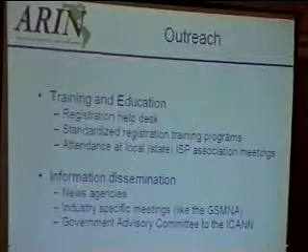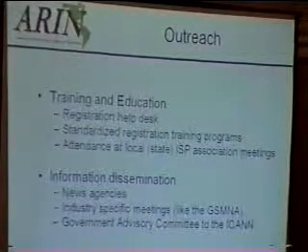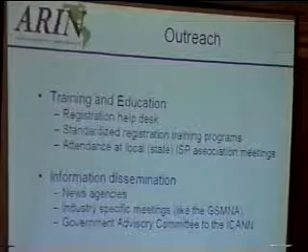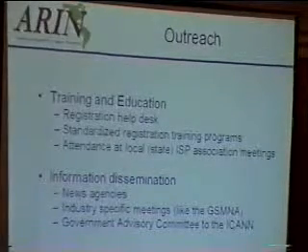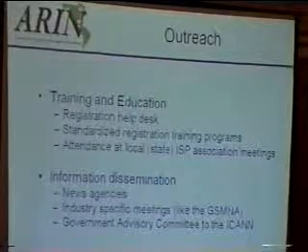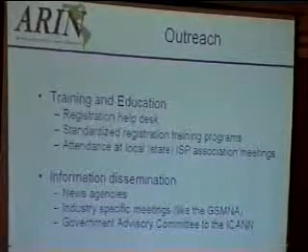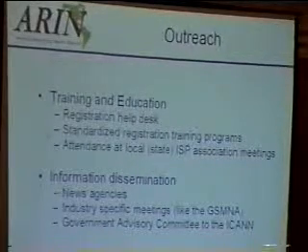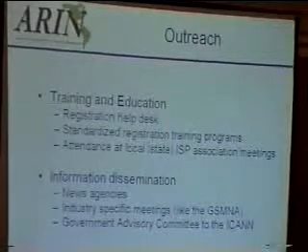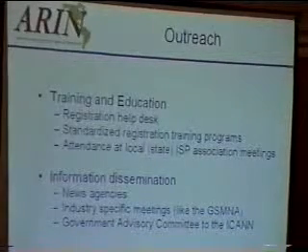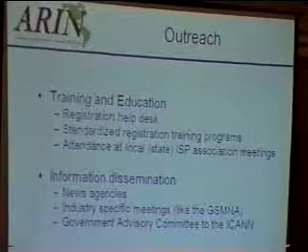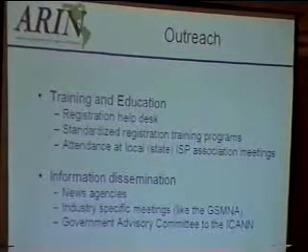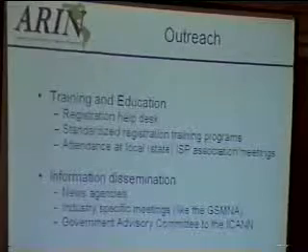Industry-specific meetings. There are a lot of industry-specific things going on right now that may show a large demand for IP address space in the future. So we're paying very close attention to what's going on at their meetings and what their requirements may be, so that we can address their needs and we can speak to the larger community about what their requirements are. So there's no surprises when